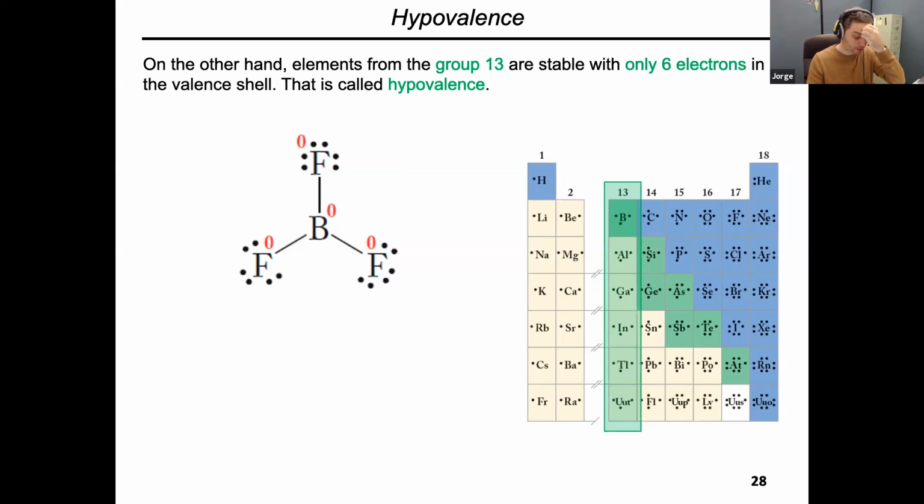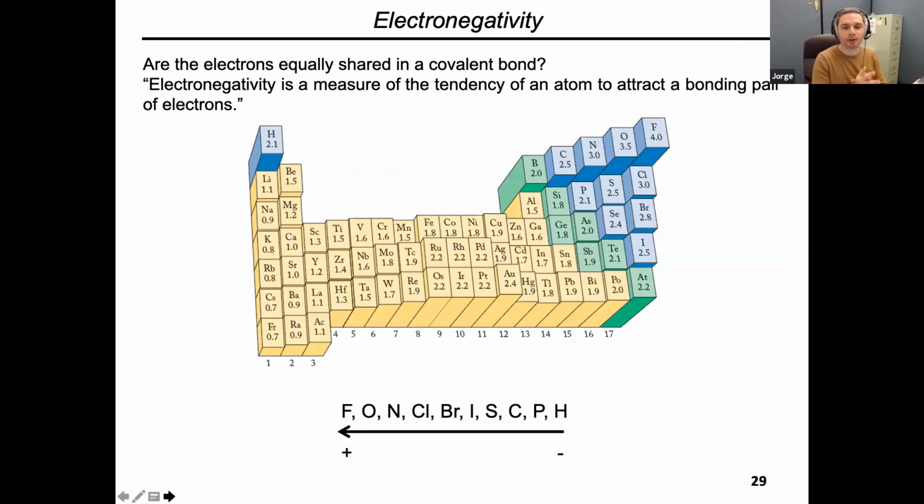All right, so let's keep moving here. So now let's move on to polarity and electronegativity. Electronegativity is a periodic property,